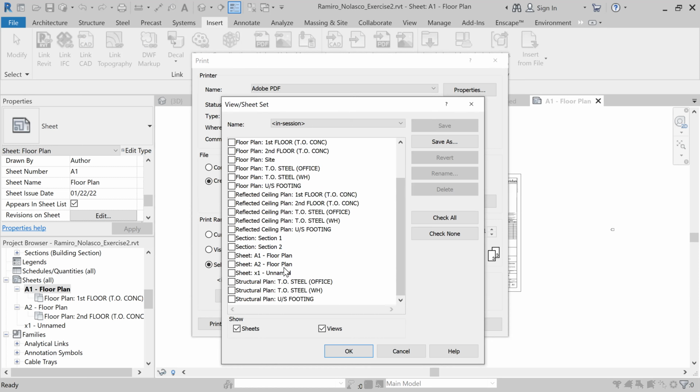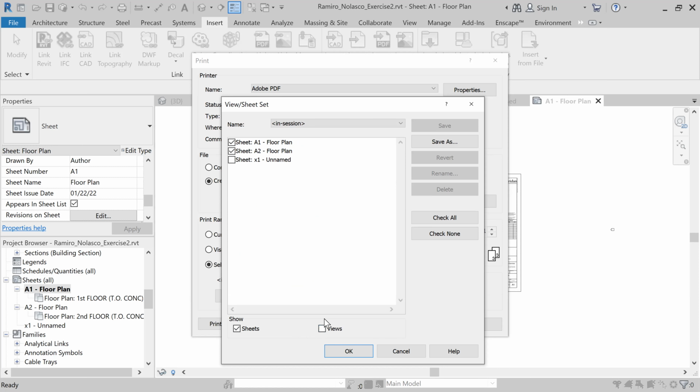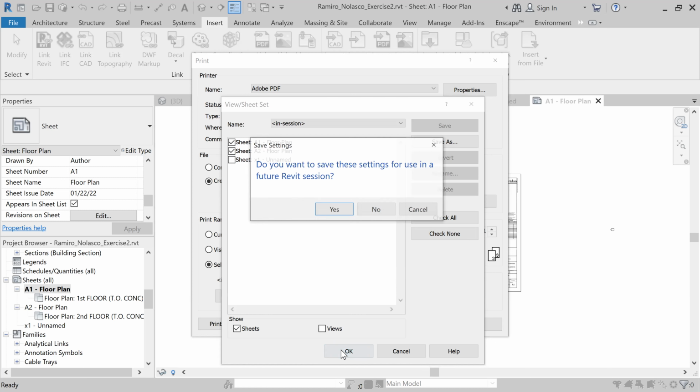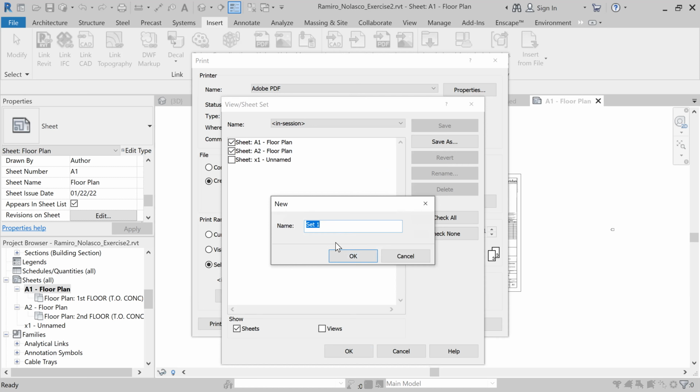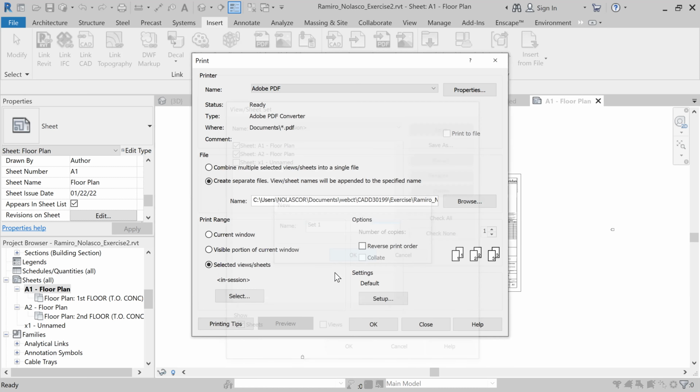Now in this case, we have 3 sheets, but we only want to print A1 and A2. Okay, and then print the sheets. And we're going to, well, you can uncheck view so you can only see sheets. You can save this if you want to print it over and over again. We'll just say yes. Set 1, let's say. And then you want to print it,